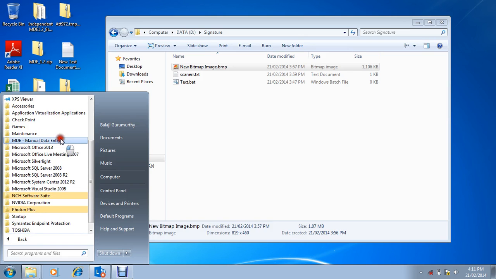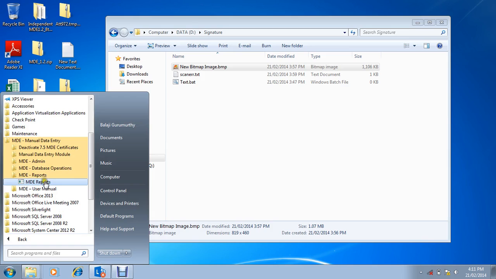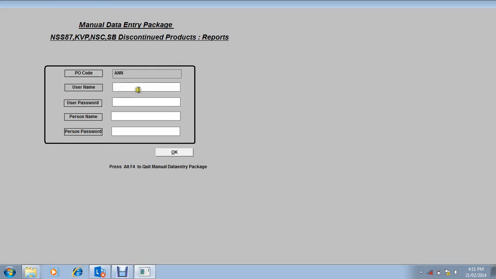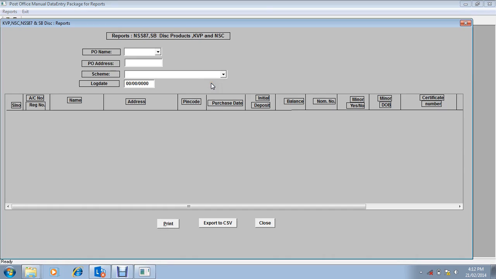Now the next module is the report module. Reports have been made simpler now. See, there is username, counter, and then again you give vendor 1 and 1 2 3 4, enter. Reports. All the reports will be generated according to the log date, PO name,